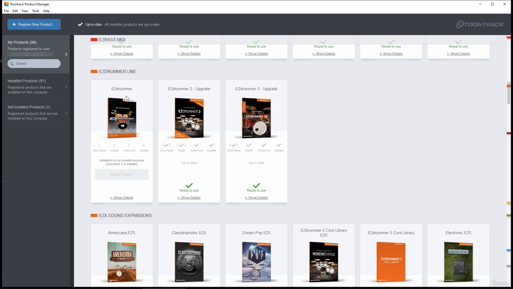So you can see I've got the original EZDrummer, the version 2 upgrade, and of course the focus of this particular course, the EZDrummer 3 upgrade. And it's up to date and ready to use. We can see I've downloaded it, it's been installed, it's authorized, and we would need to authorize with the register